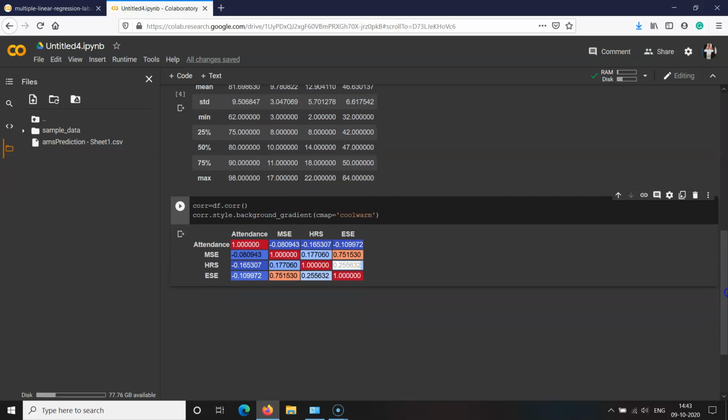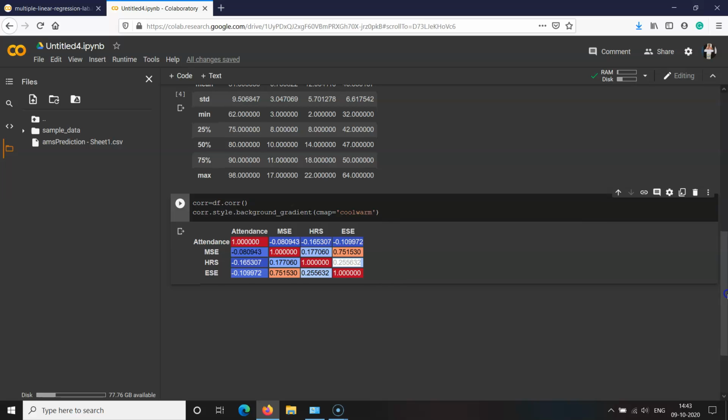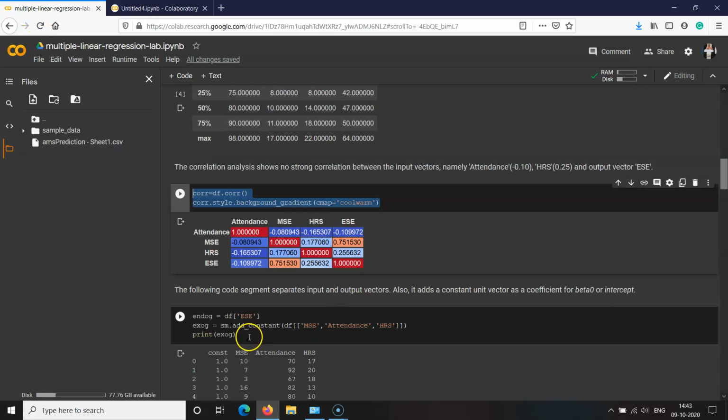Our purpose is to demonstrate the method, not to select one particular feature vector for the multiple linear regression modeling. Ideally, while you are building multiple linear regression models, after performing the correlation analysis, if some features have low correlation, then you can delete those features from the model building process. But here I would like to explain the method of building. That's why I am not